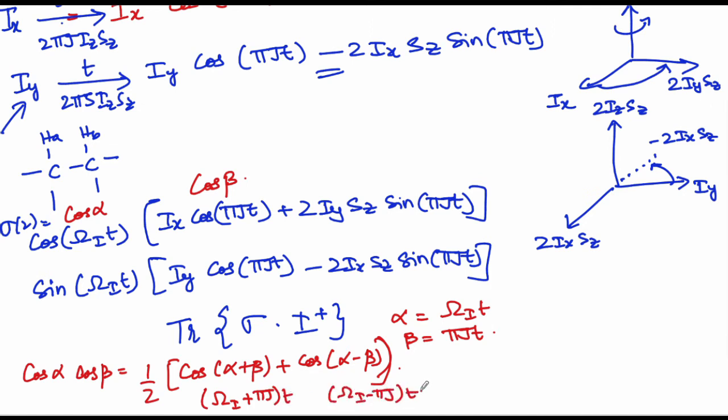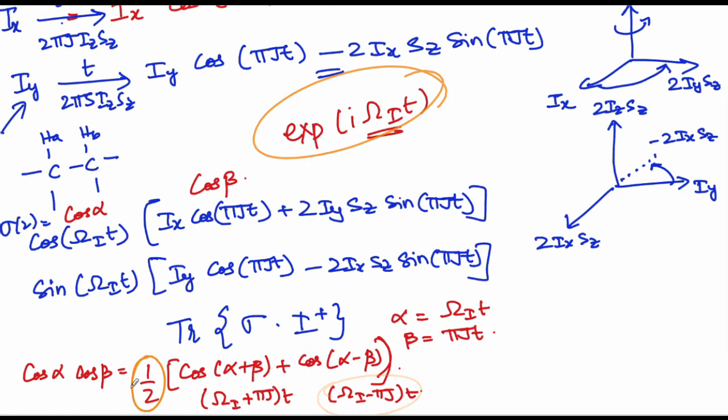Unlike the previous situation where we had to do a Fourier transform and all that to understand that e power I omega t gives you a resonance at plus omega, here instead of doing all that process, you are able to see that you are going to get a resonance at omega I plus pi j and omega I minus pi j. Of course, remember the difference that would come from this is that you also have a factor of 0.5, which is why when you have a singlet at an intensity 1, if the same thing splits into 2, you're going to have a 1:1, which reduces the intensity by half.